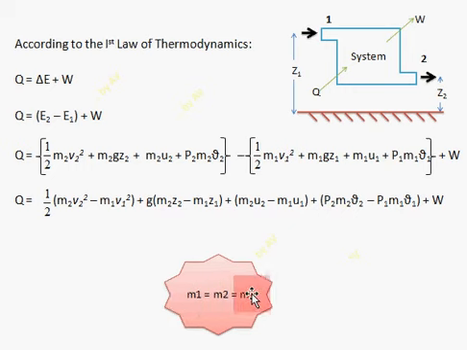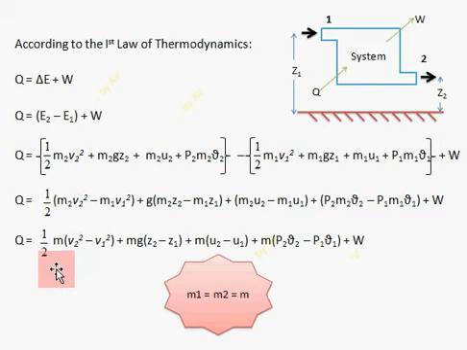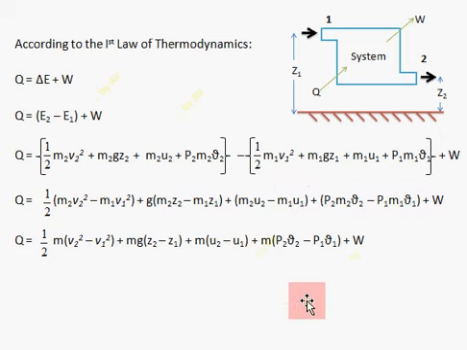Simply we can define it as m. So I am going to replace m1 and m2 in the above equation with m. By replacing it, we can take the m, which is common in the terms, outside of this bracket, similarly here, and similarly here. So the above equation is modified like this, after replacing that m.